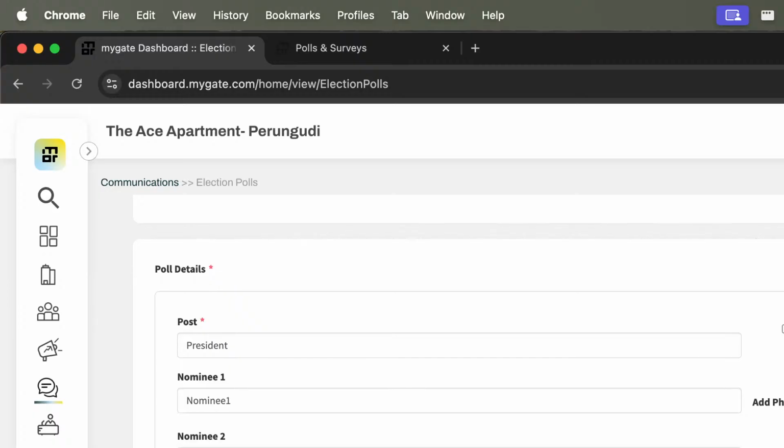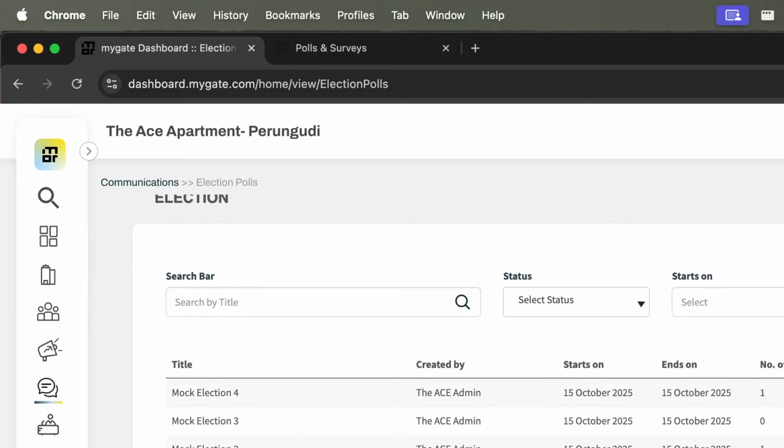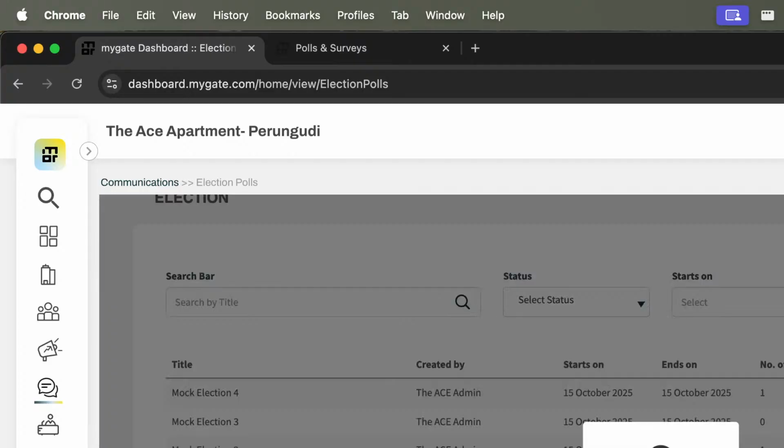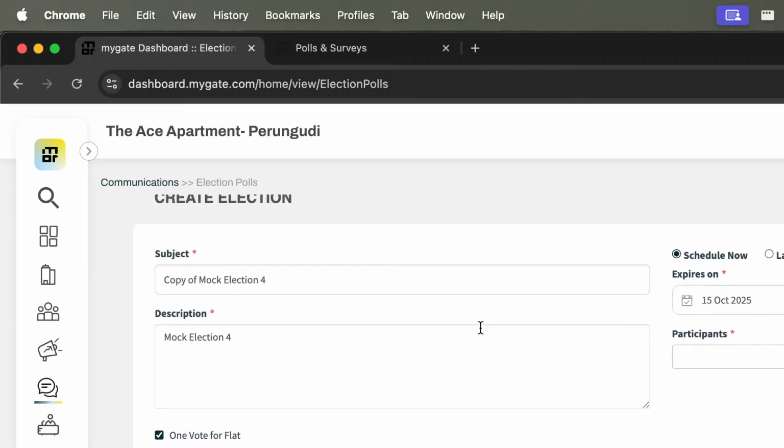Okay, so I have a set of already prepared mock collection, so I will just go ahead and duplicate that, which will be similar to our election. So the expiry, I'll set to 10. You have to wait till 10. Okay, so I'll just select the participants as mock voter list,